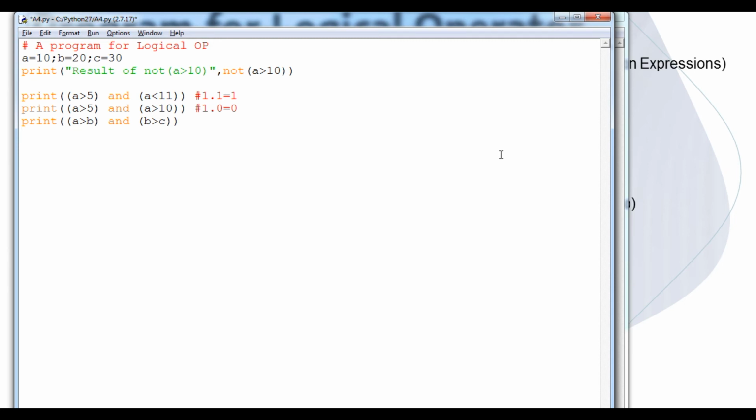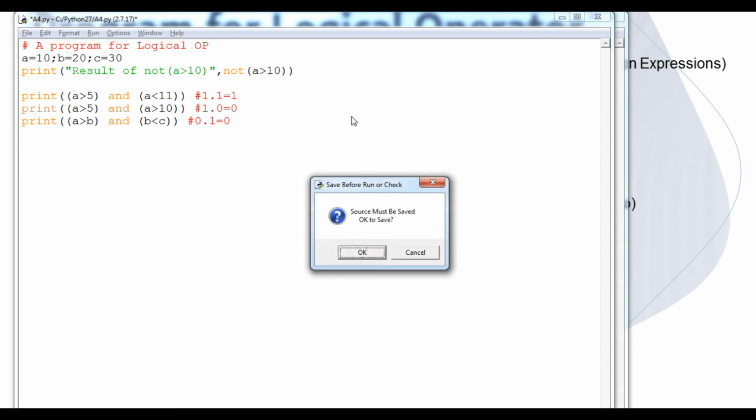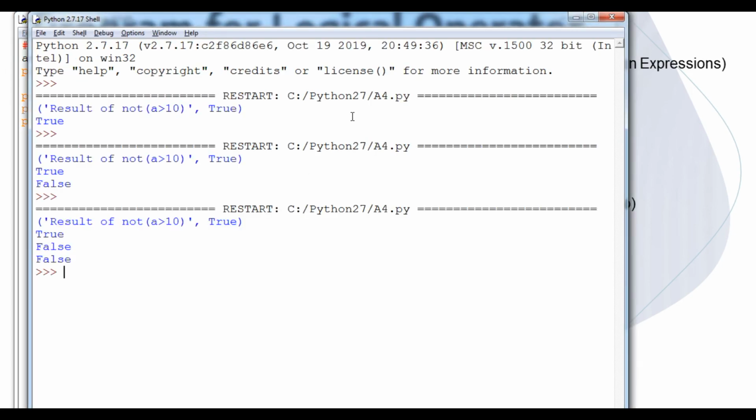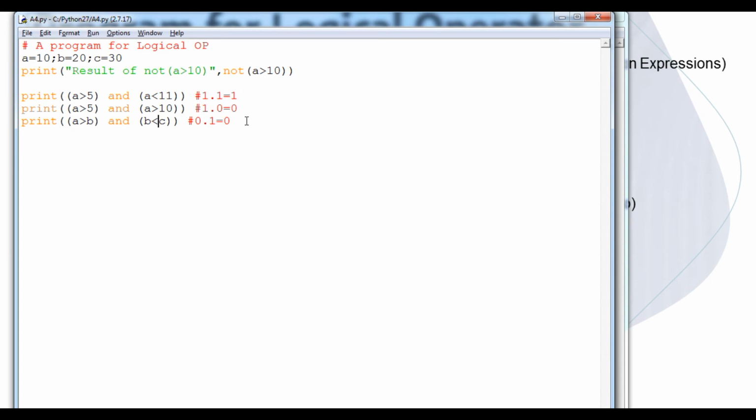According to this, I have created first a 0 and second this one. Here a is greater than b, so it is false because a is 10 and b is 20, so this expression will be false. And here b is greater than c, so we will do one thing, b is lesser than c because I am going to make it true. So now what will the output be? It will also be false.